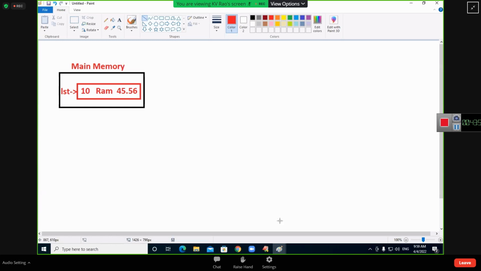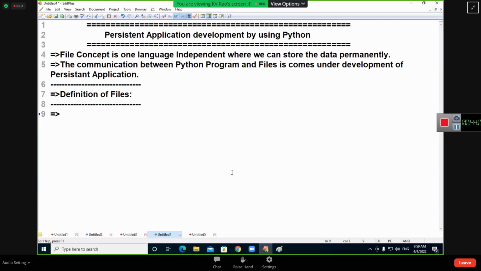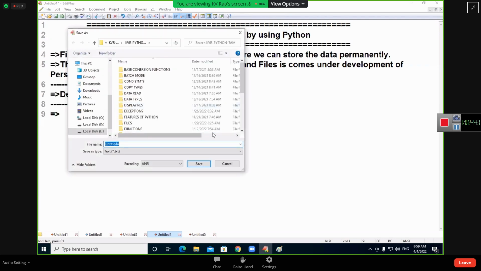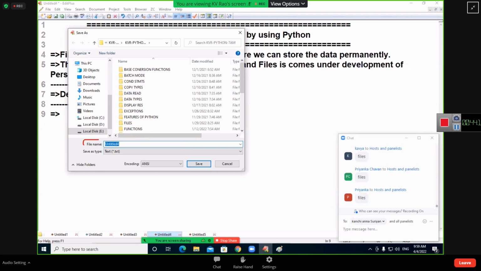Files. Simple. Here you see, this is the data I typed in the notepad. Tomorrow I want this information. Today what will I do? Save. When I save it, go to the place, file, and then save. It is asking what name? File name it is asking. That means anything you want to save, compulsory what you need to give? File name. First of all, file names are residing in where? Hard disk. File names are residing in hard disk, C drive, D drive, E drive, etc.